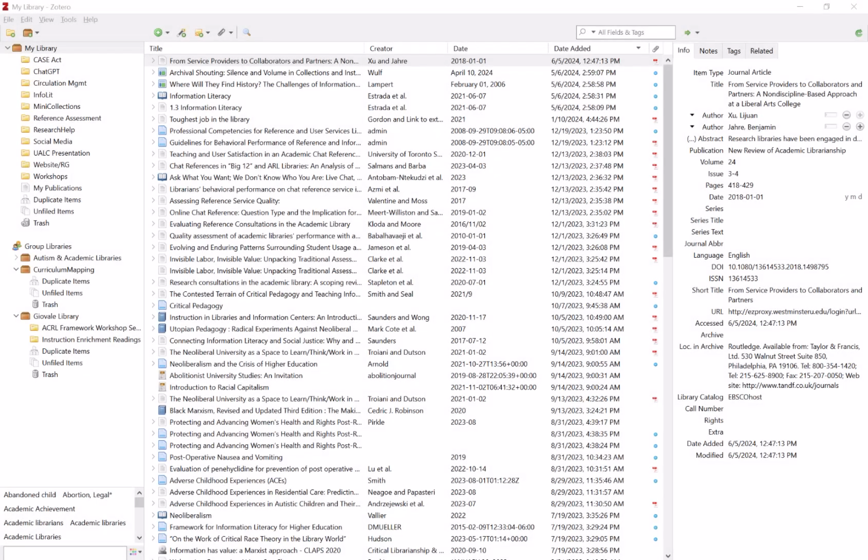Hi there! In this video, I'll show you how to add sources to your Zotero library. In the previous video, you learned to download the desktop application, so we'll start off with an overview of what the desktop interface actually looks like. Here I have it open on my computer. I'm using the Windows version of Zotero, so things might look slightly different on a Mac, but the basic features